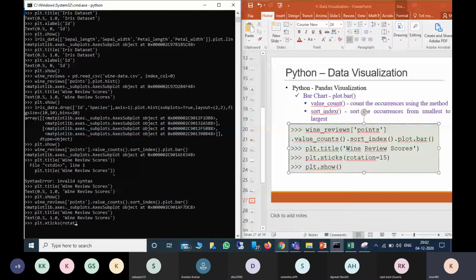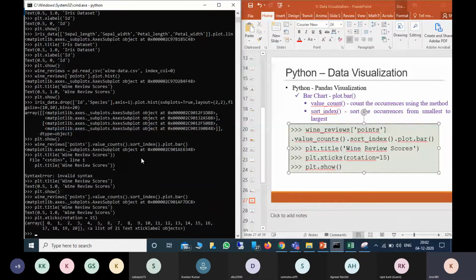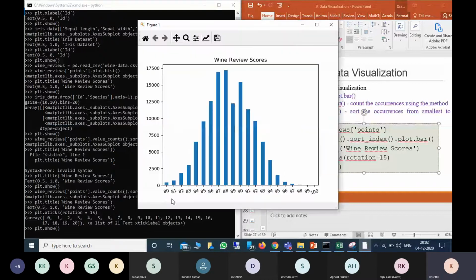Now we can see, plt dot show. Now see, this is coming this way. If I give minus 15, it gives in this direction. So this direction we can change.